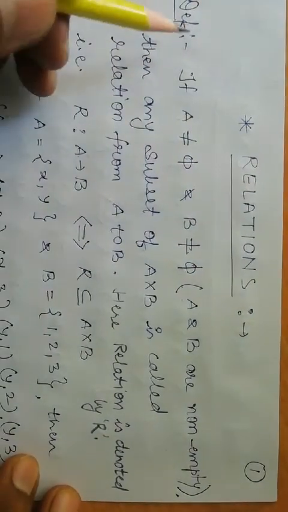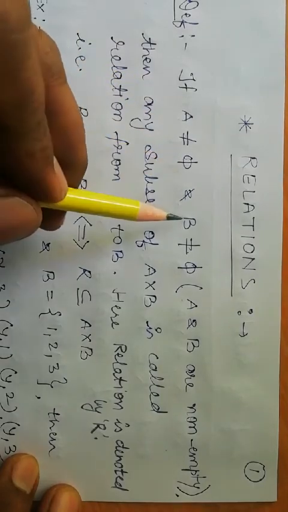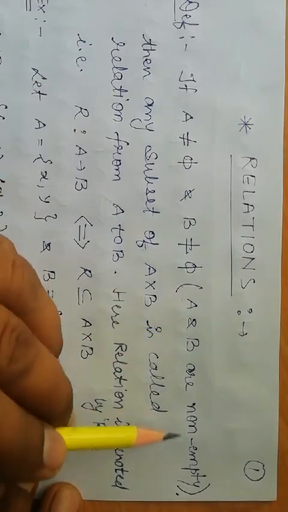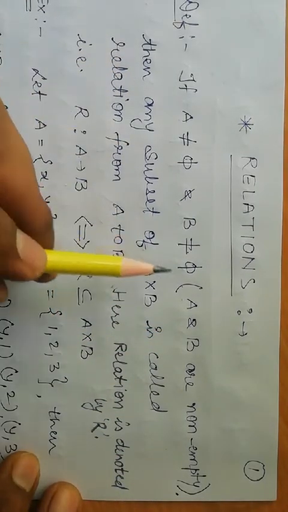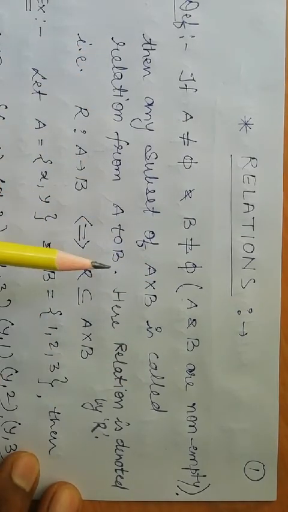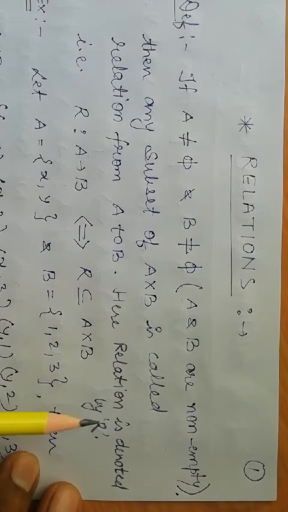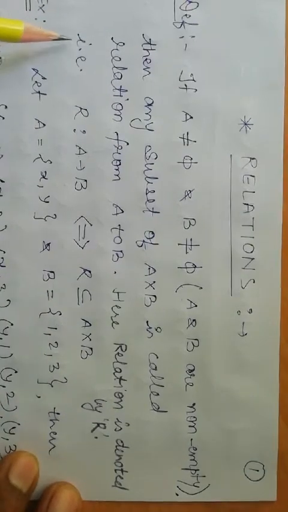First of all, the definition. If A is not equal to empty set and B is not equal to empty set, meaning A and B are non-empty sets, then any subset of A cross B is called a relation from A to B. Here a relation is denoted by capital R. Okay, capital R. That is,